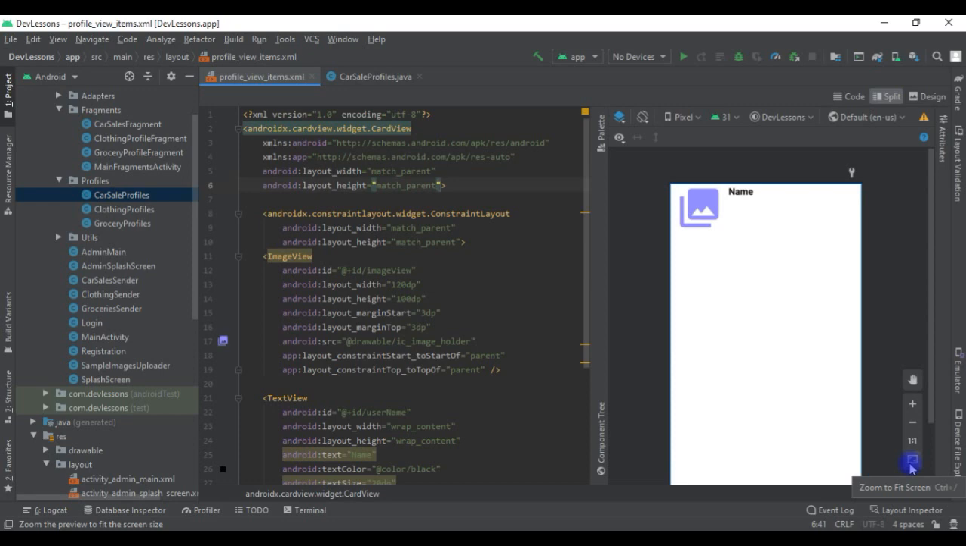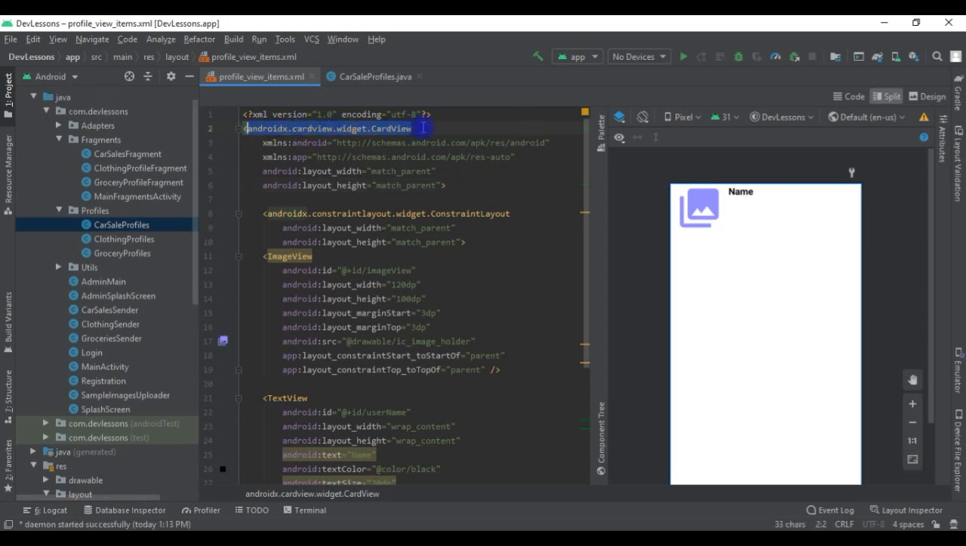Now we are in episode 17. So you want to fetch the profiles. I just created the card view